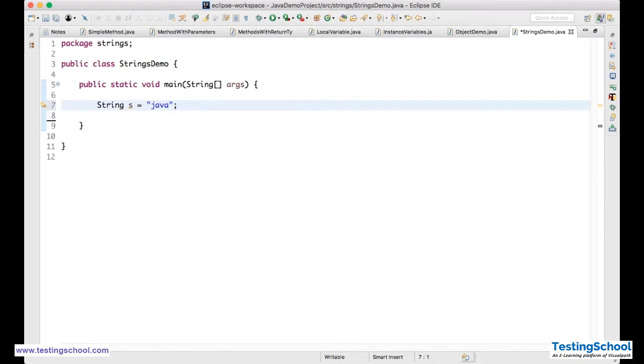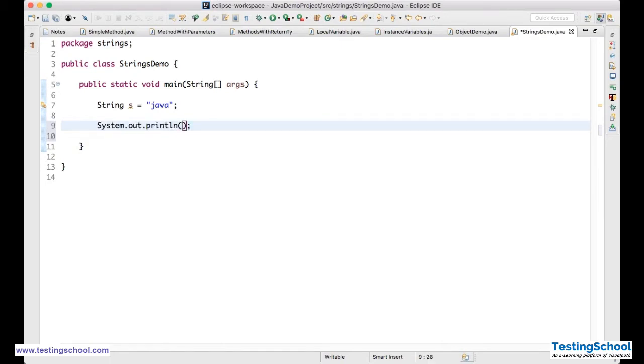Okay. So String s = "Java". That's fine. Now what do I need to do? I want to know the length of my string. How can you get that? System.out.println, "length of the string is". As I said, this is a kind of class, right?